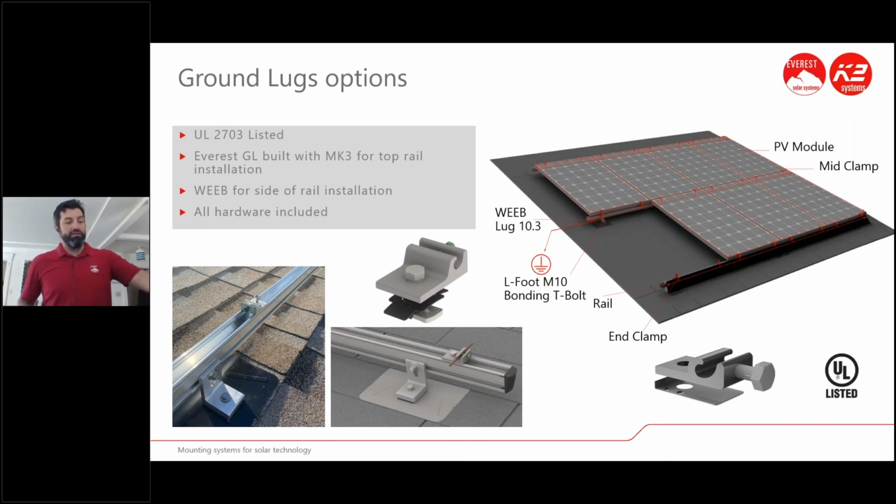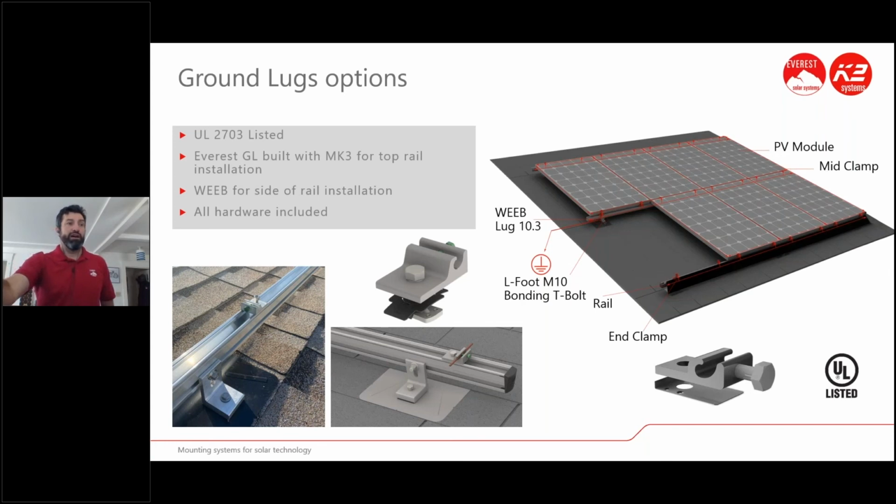You can order this ground lug now, the Everest, we're calling it the Everest ground lug. So it's specifically for CrossRail, and it's pre-assembled with this MK3 on there. You can order this now, like I said. It's just that the new improvement is going to have the hex, and that's coming into play next month. But it is available right now as the standard system, so you can order that, and it is UL listed, UL